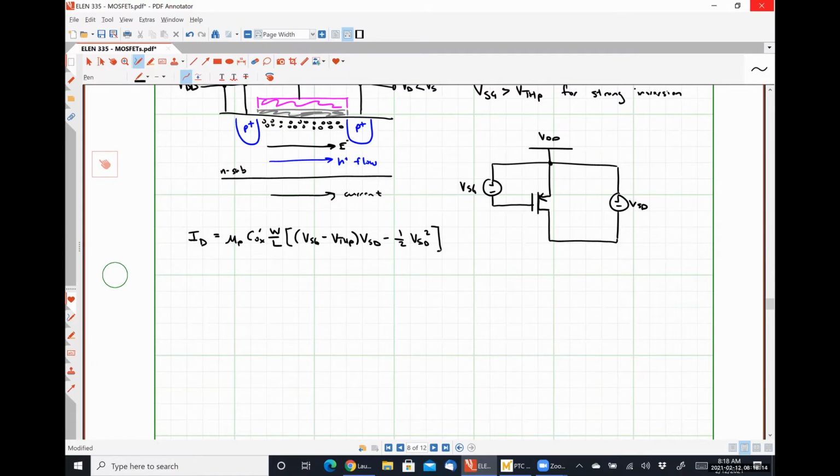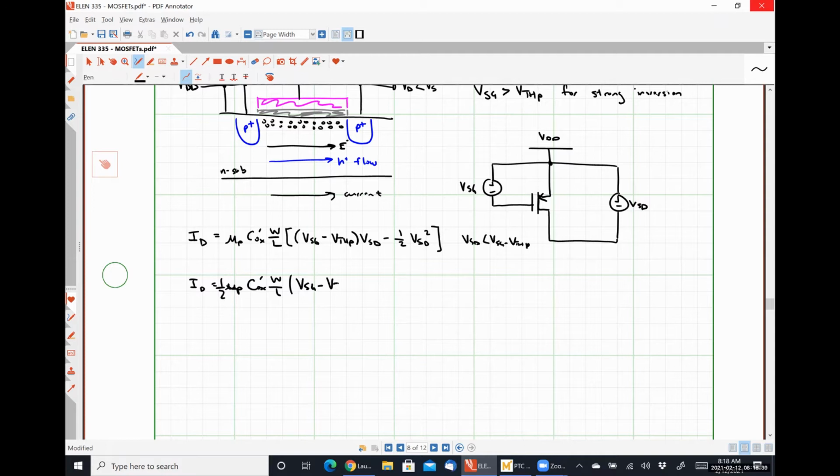This is our triode region operation. So VSD needs to be less than VSG minus VTHP. And then we have ID is equal to 1/2 mu P Cox W over L